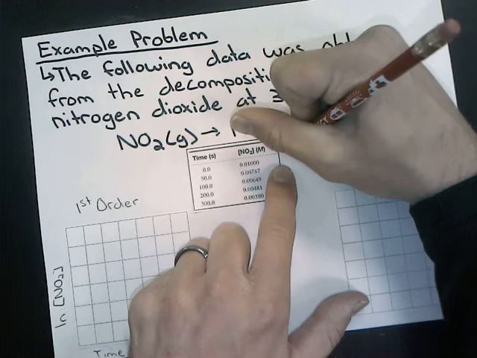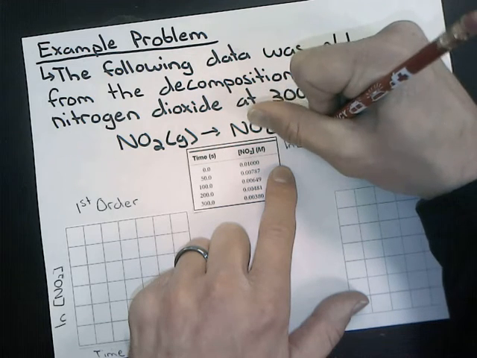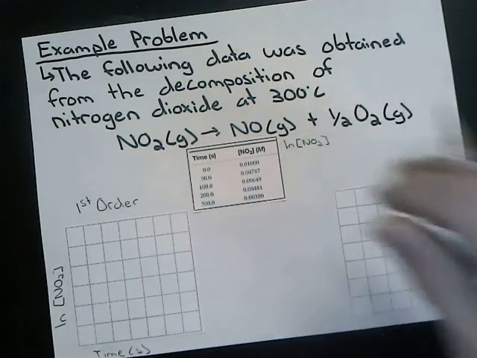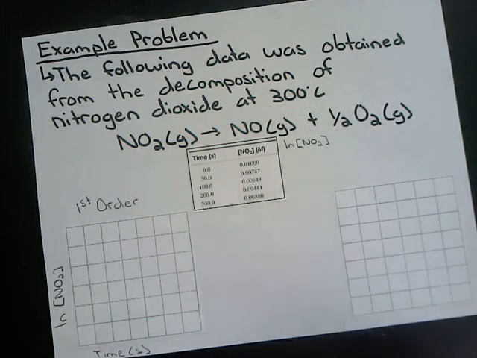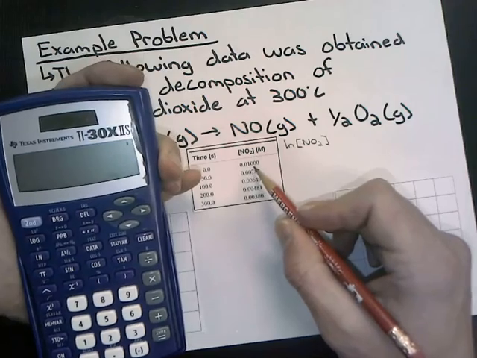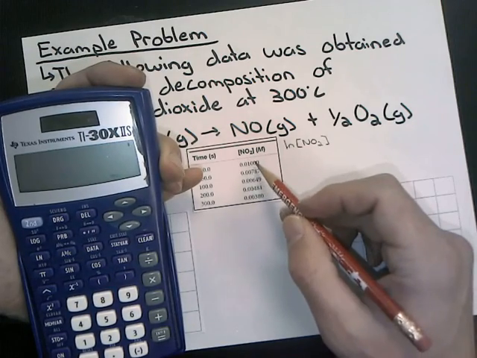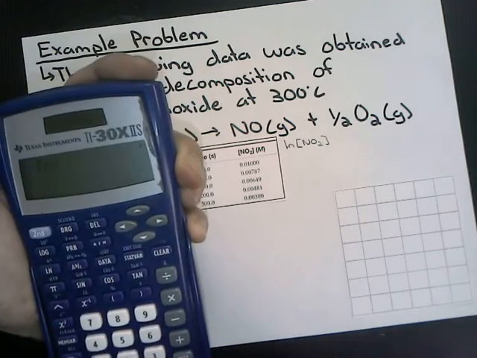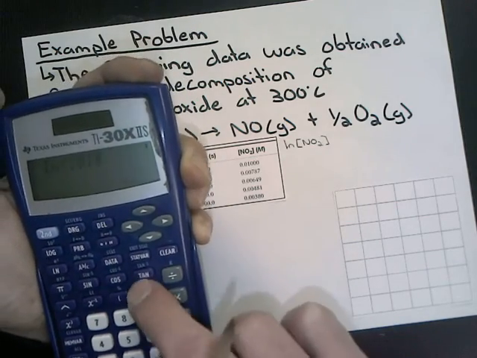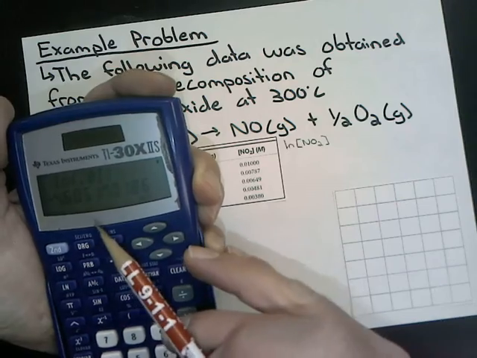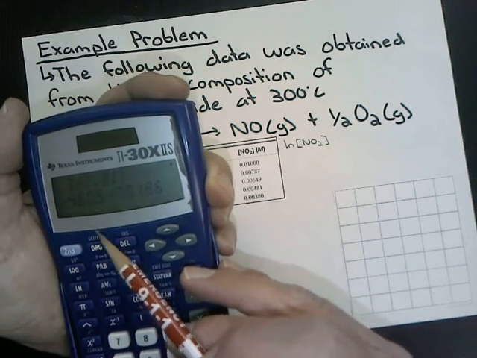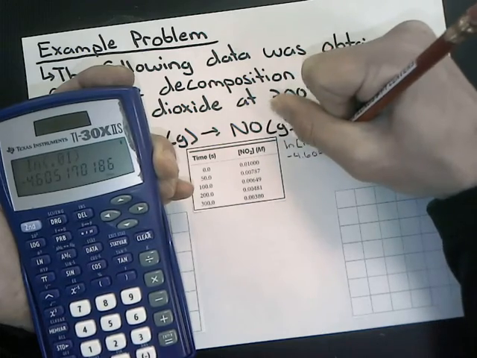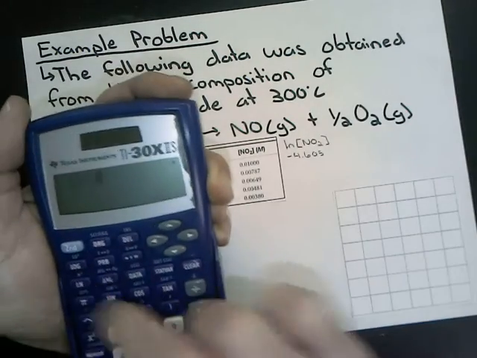I'm going to put the natural log of the concentration of NO2, and I am going to obtain these values. So all I'm going to do is put the natural log of NO2 in each of these categories. So I'm going to have natural log of 0.01, and I'm going to press enter, and that gets me a value of negative 4.605. And then I'm going to do the natural log of